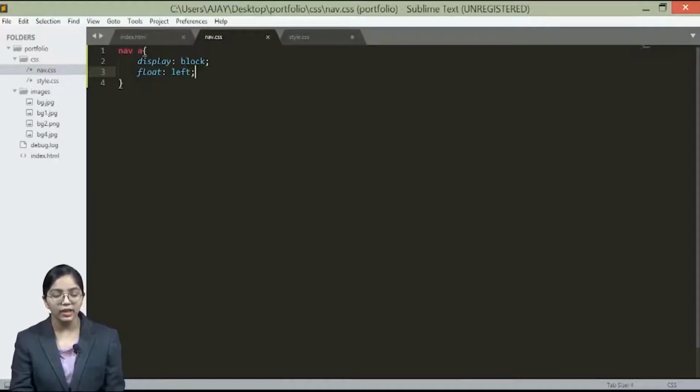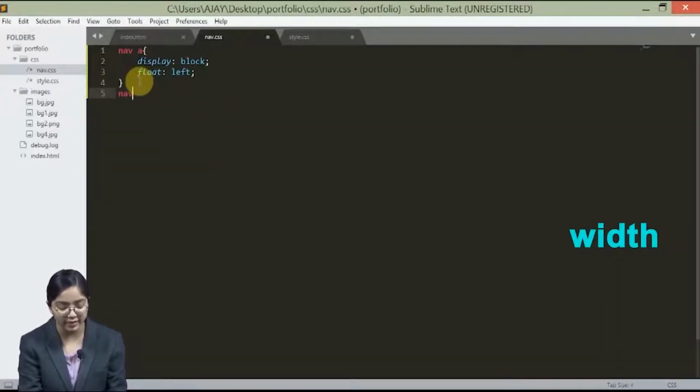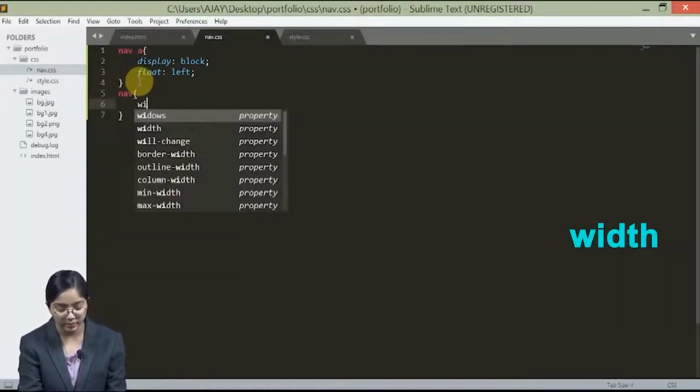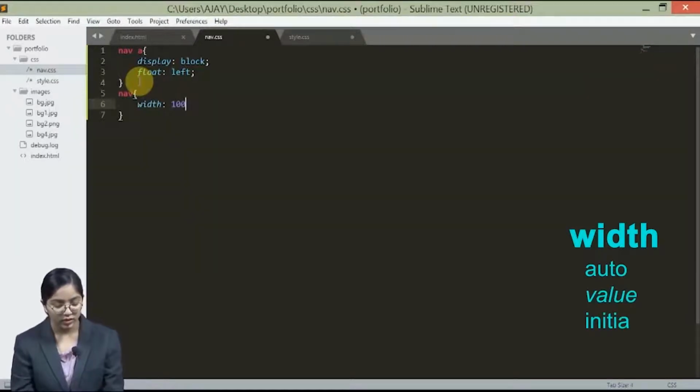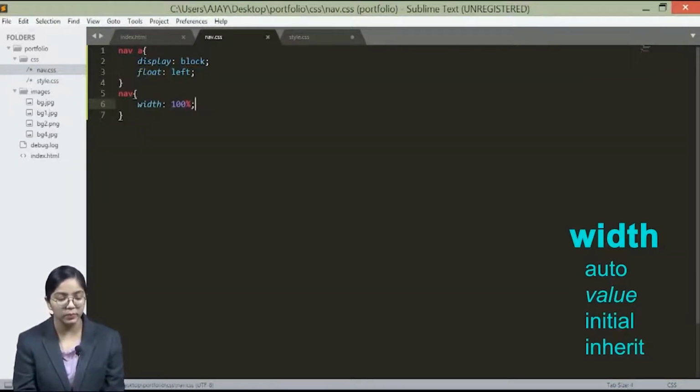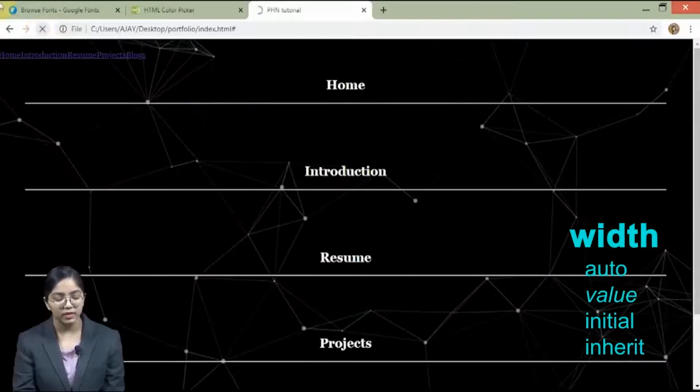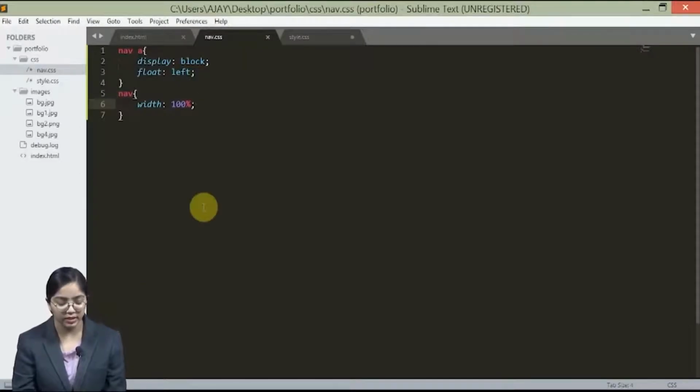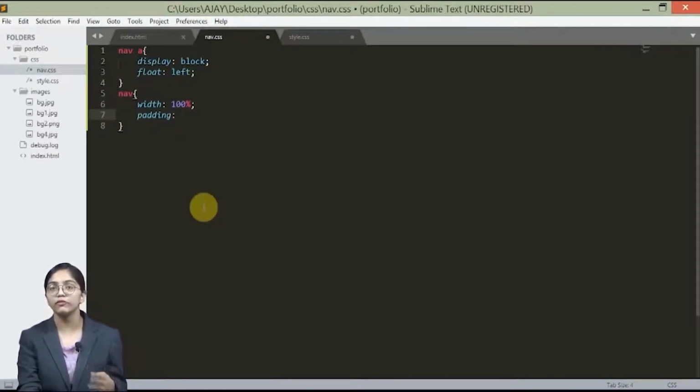But before that, let's just define the width of the nav as 100%. Okay, so the width is 100% here. Now what we can do is we will make the padding in here. Now padding can be given in 4 types: top padding, bottom padding, left padding, right padding.